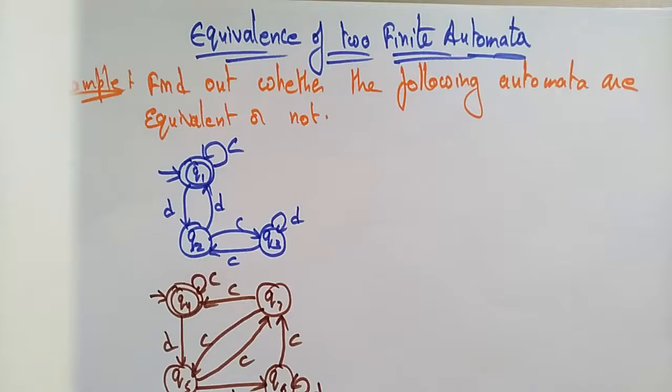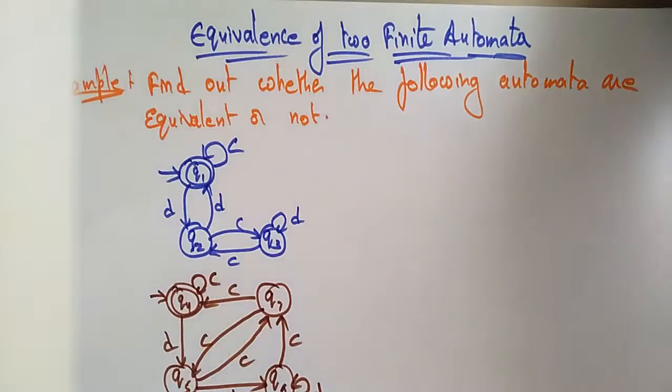Students, welcome back. Let's continue with the equivalence of two finite automata. In the previous video I explained one example, which derived that A and B, the two finite automata, are equivalent. The condition for two automata to be equivalent is that the transition function, whatever you are getting,